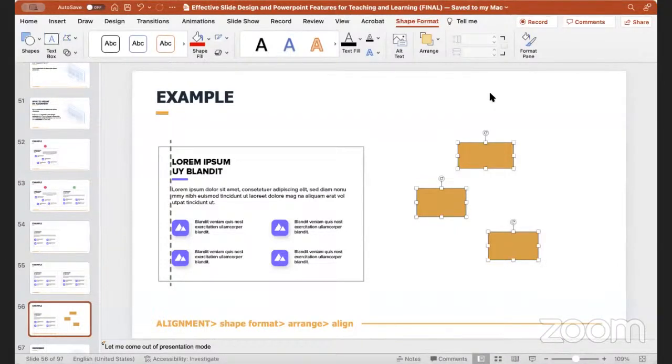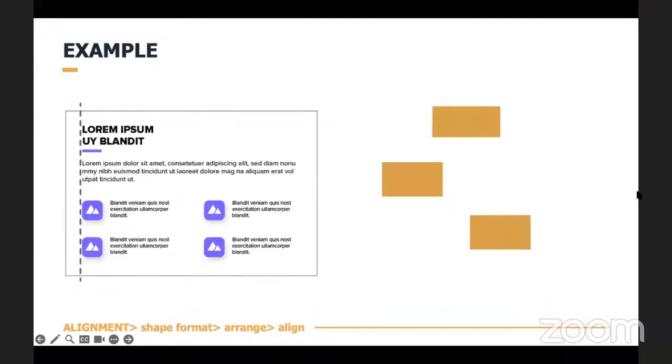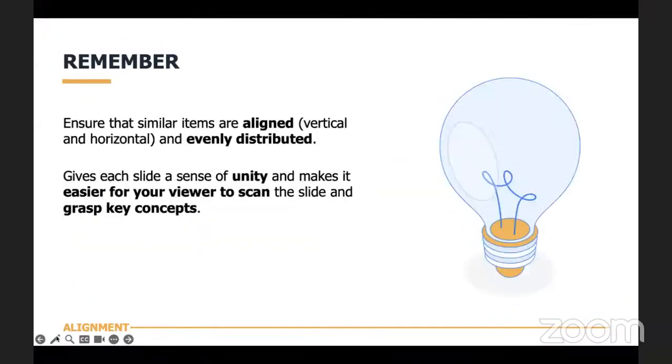So if you're working with text, it's always a good idea to align it to the left so that it all has a nice clean line down the vertical of the page. So remember to ensure that similar items are aligned either horizontally or vertically, or even both, and are evenly distributed. This gives your slide a sense of unity and makes it easier for your viewer to scan the slide and to grasp key